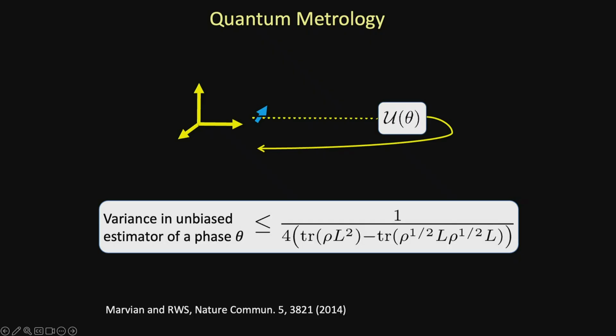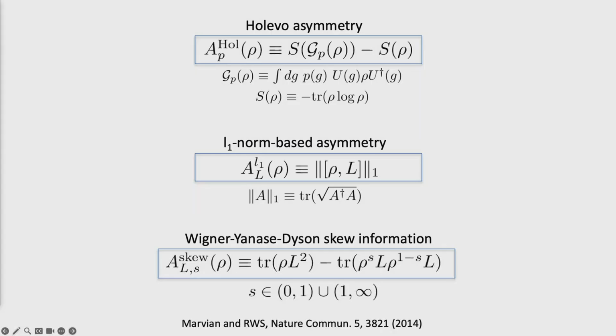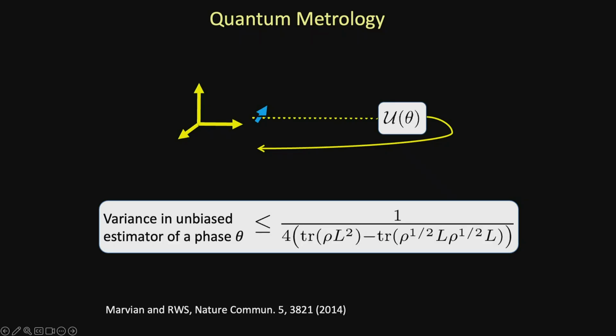So this is just that formula I showed you on the bottom for the case where S is equal to half. So sure enough, the intuition that it is the amount of asymmetry of your state of the spin that determines how well it can estimate phase. If it was totally symmetric, then you wouldn't be able to detect any rotation at all. But if it's highly asymmetric, you're better able to detect the rotation. And that's reflected in the fact that you can derive a bound which is a measure of the asymmetry of that state.